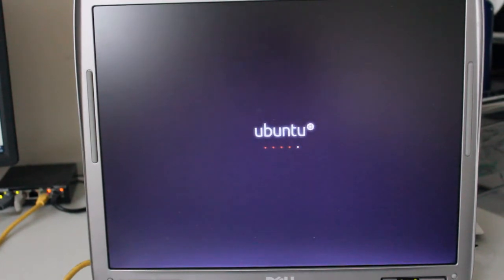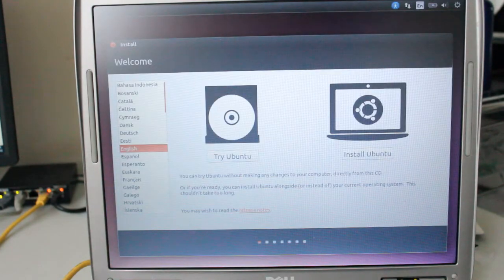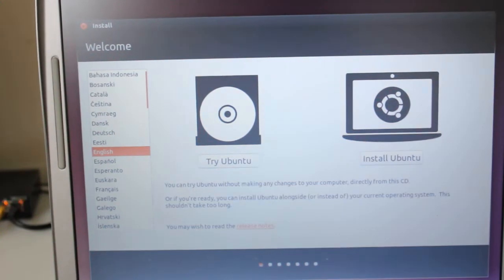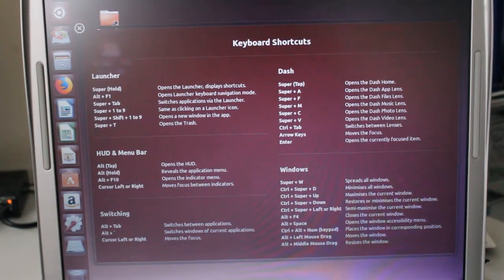So I sped this up because it took a little while to load. And when you get to this screen, you want to make sure that you click on Try Ubuntu. You don't want to install at this point. You just want to change the password using the Ubuntu terminal, which I'll show you how to do right now. So once you're in,